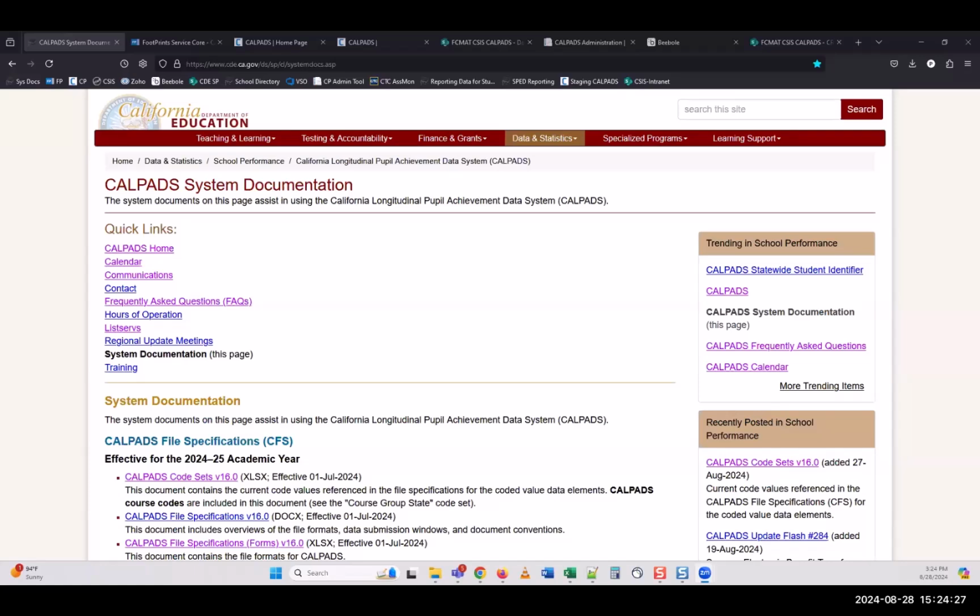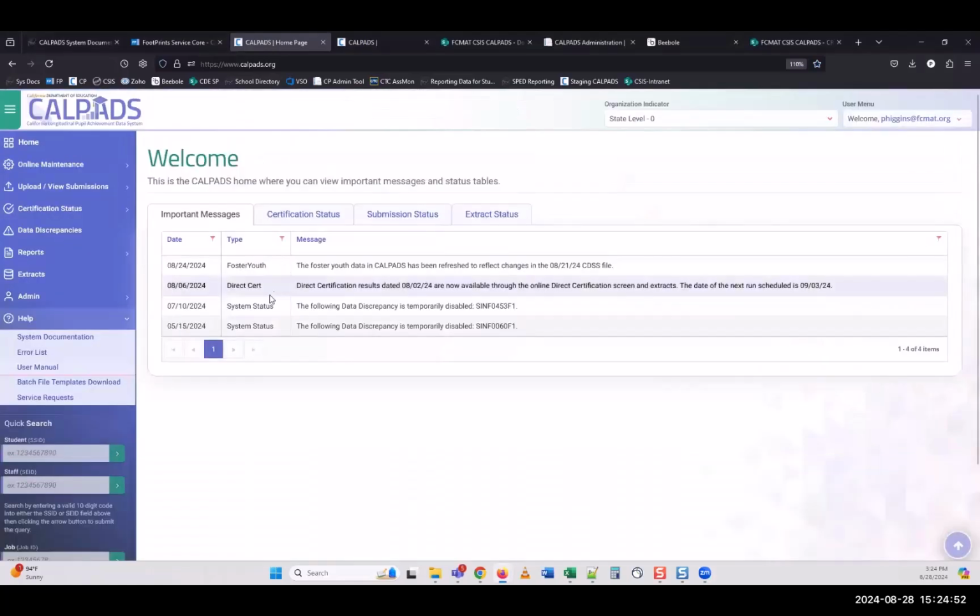Okay. Q1 from Swanzetta. Typically, we had the dates when the foster and former foster reports were available. Now that these reports are in real time, how do we know when fosters are added to the list? Is this a local decision as to when the districts request these reports, weekly, biweekly, etc.? I recommend using the homepage, Swanzetta. We have the date that the foster was updated. And Paul's showing you there where it would be.